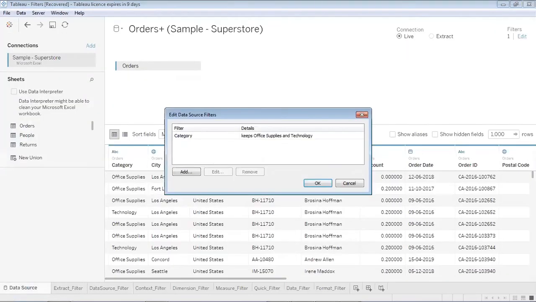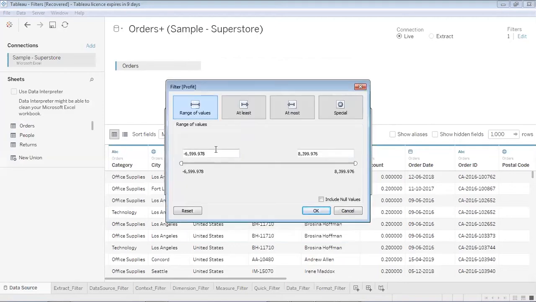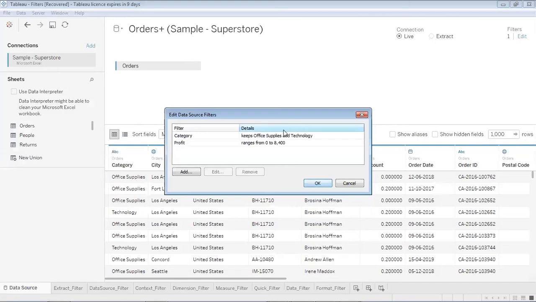Now, if I would like to edit this condition, and apart from the category, if I would also like to add one more condition based on say profit, then I can go for that. Since profit is a measure value, a continuous value, it asks me to give it a range. So I would like to view only those records in my data source where the profit is positive. So I'm saying, instead of showing me the negative values, show me all the records where the profit is at least zero and then more than that. So when I apply it, my number of records will further get reduced. I have applied two conditions over here.